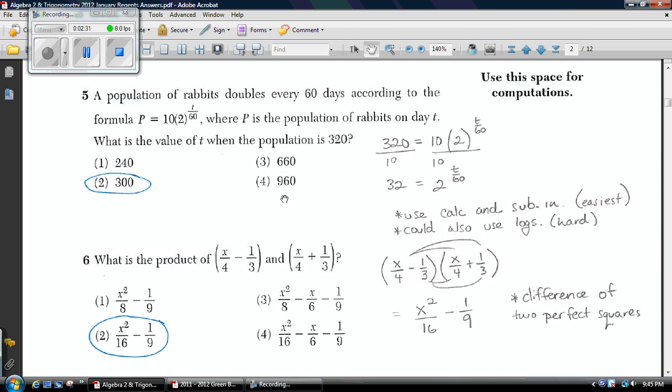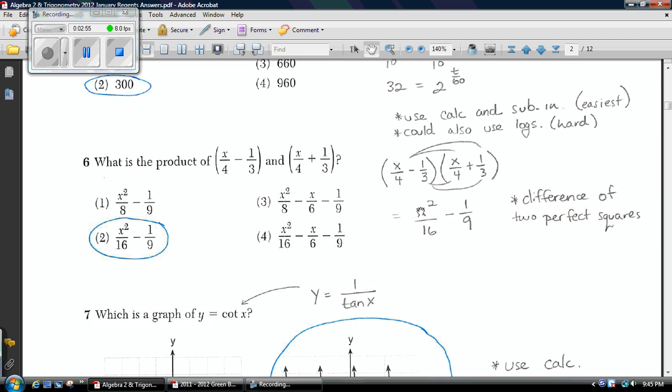Population of rabbits doubles every 60 days. Where p is the population. What's the value of t? Honestly, looking back at this, I think I took the long route by even dividing by 10. You should just plug these numbers right in. You could use logarithms if you really wanted to. I would not recommend it. That's the hard approach to it. Just plug right in. Okay, I divided by 10 just to get 2 by itself, but that really wasn't even needed. 6,